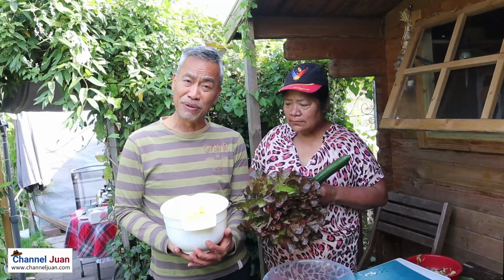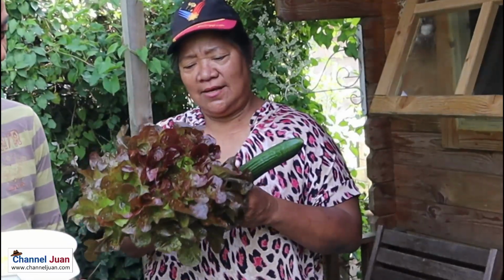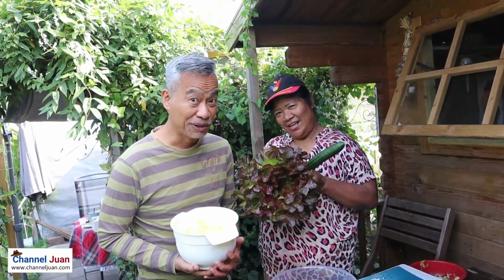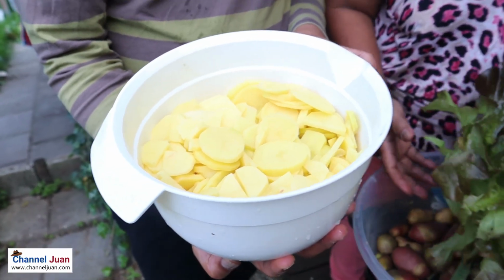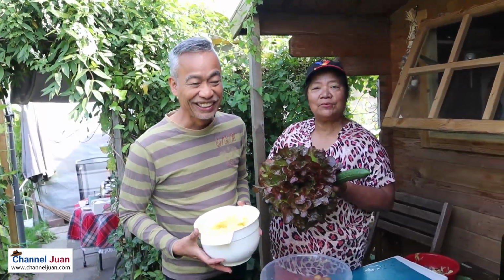And what are we going to cook today? Manang, what are you going to prepare? Salad, from the freshest. I need healthy food. Yes, the doctor advised her to eat healthier, no fat. So no adobo today. No pinakbet. Everything is vegetable. We'll be making today, as a main dish for lunch,